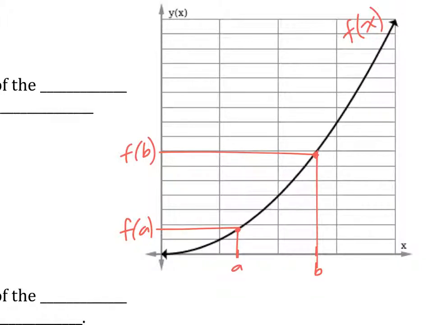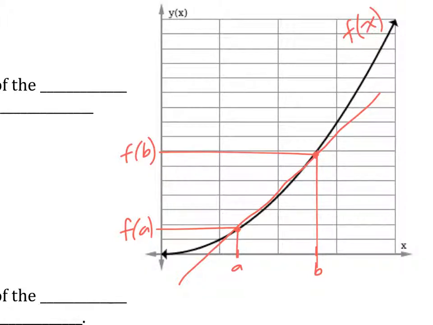Let's say that I draw a straight line through these 2 points. Is this a secant line or a tangent line? Secant line. Why a secant line? It goes through 2 points. Okay, good. What is the slope of this secant line? Can you find the slope of the secant line? Yes, you have 2 points. You can always find the slope of 2 points as long as that line is straight, linear. It is a straight line. So how do you find the slope of this line?